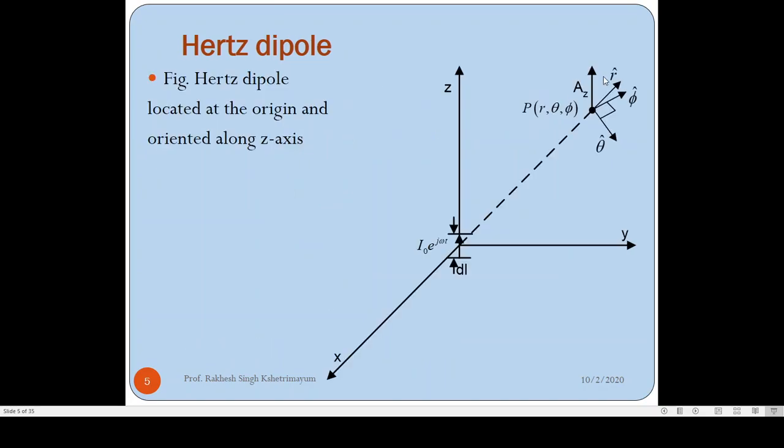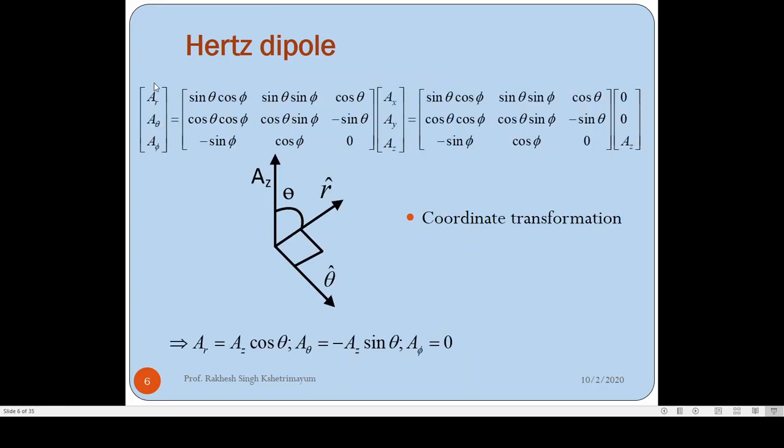But what we have here is that the magnetic vector potential has a z component. So I need to do some kind of coordinate transformation so that I can go from the Cartesian coordinates to the spherical coordinates. This is the relation between the spherical coordinates: a vector in spherical coordinates Ar, A theta, A phi. Let's say this is the magnetic vector potential in the spherical coordinate system. You can obtain it from the magnetic vector potential in the Cartesian coordinate system, Ax, Ay, Az, by multiplying with this